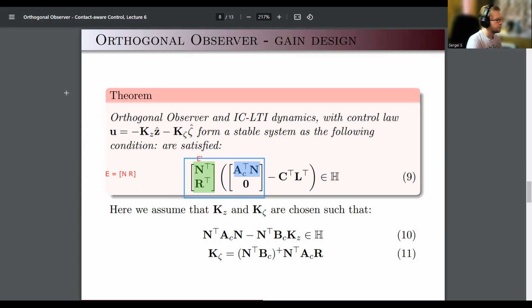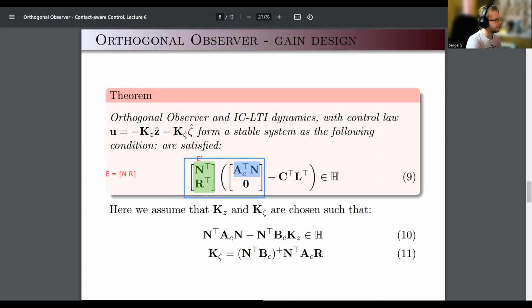If we open it, we would be multiplying basically this square matrix. This green matrix is square, okay? Because E is square, E transpose is square. So it's a square matrix. We're multiplying it by this guy here,